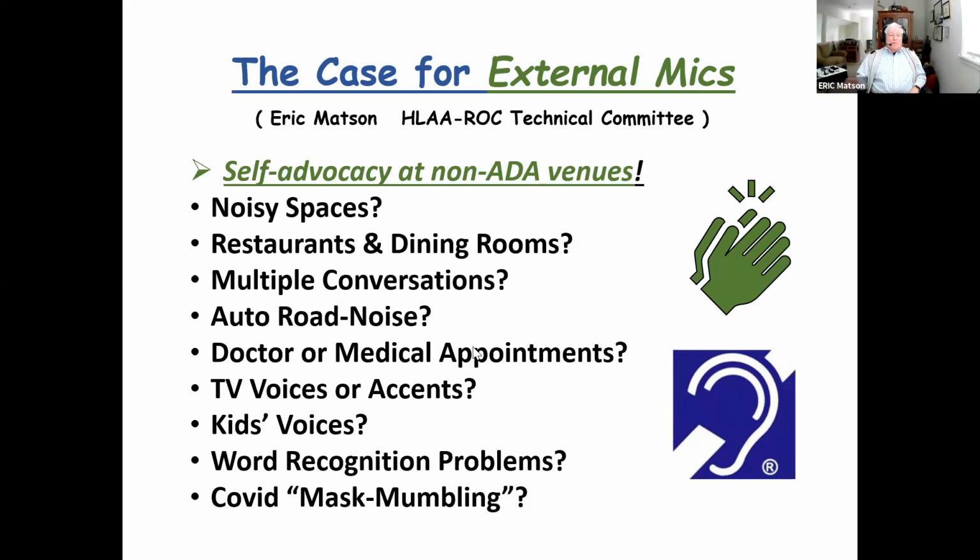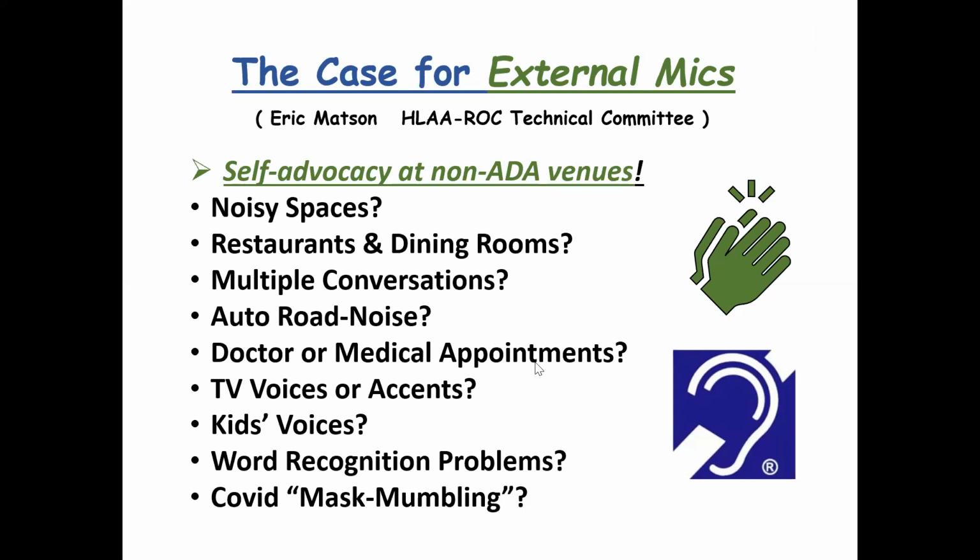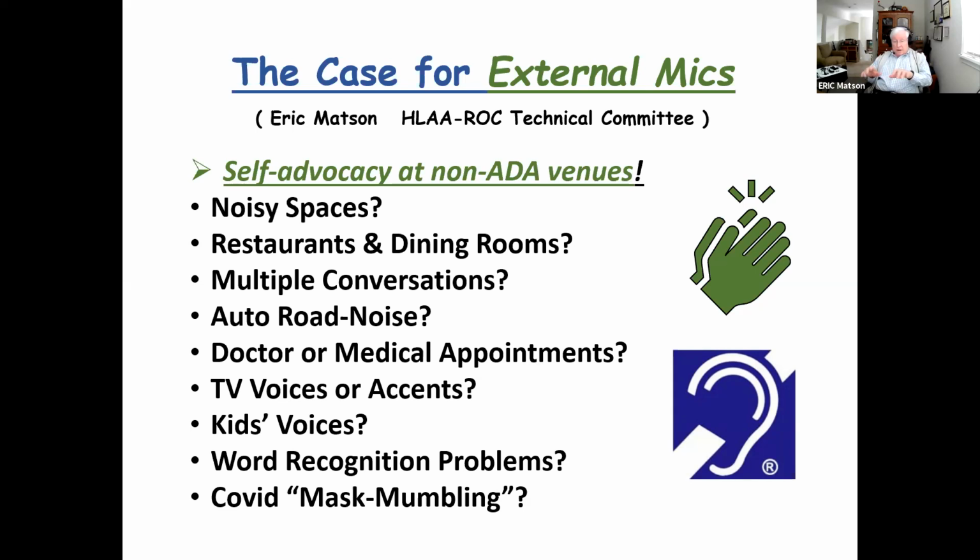I use automotive road noise as a challenge. A lot of people turn off or remove their hearing aid closest to the road. I've got an automotive app on my phone that does the same thing. But an external mic attached to the person you want to hear or set near the radio can make an amazing difference. Doctor's appointments. A lot of these doctors now, they like to look at their computer and